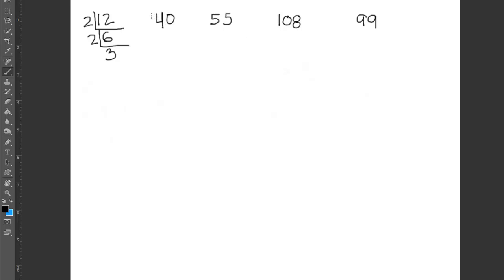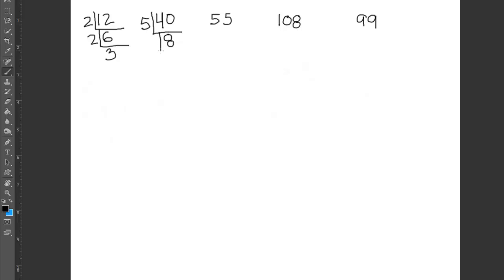Okay, with 40, you have 2 ways you can do this. You could do 2, because it's an even number, but it's also a multiple of 10, but that's not a prime number, so you wouldn't want to do that. It's also a multiple of 5, which is a prime number, so we could do 5, and 5 goes into 40 8 times,